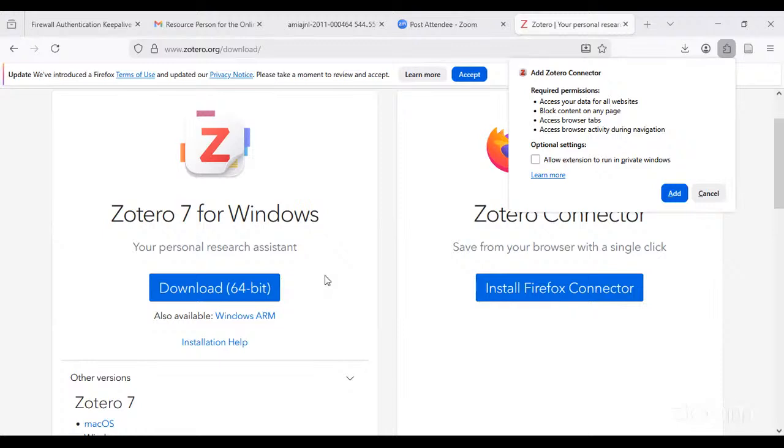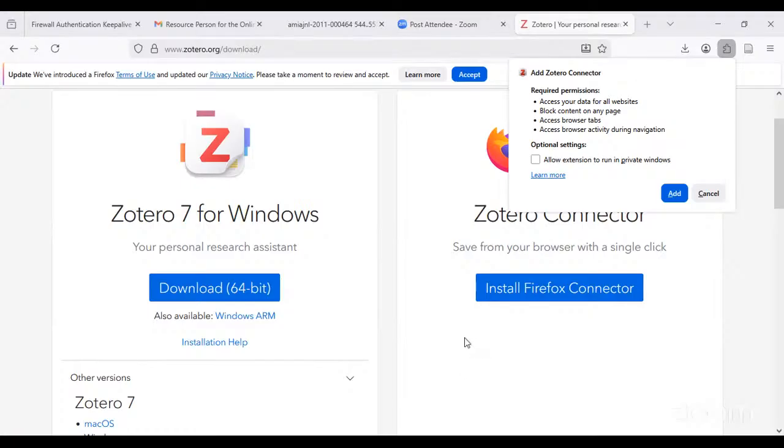Here it will ask for permission, so you just click on yes. After that this window will open. Are you able to see this window? Yes, madam. So you just click on the next button. After that put it as standard and click on next.